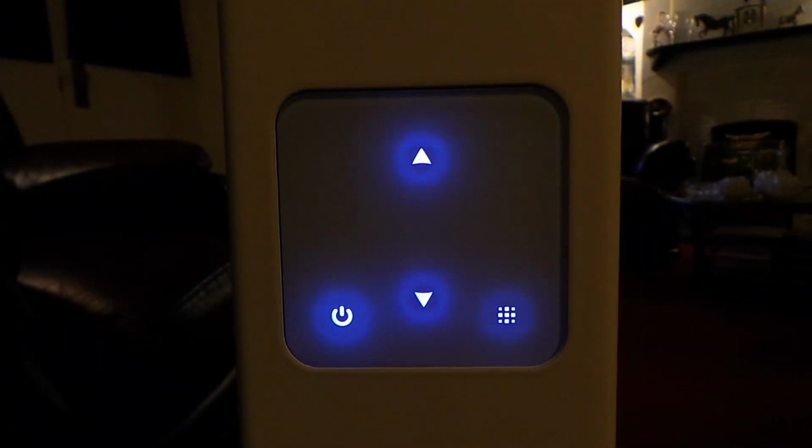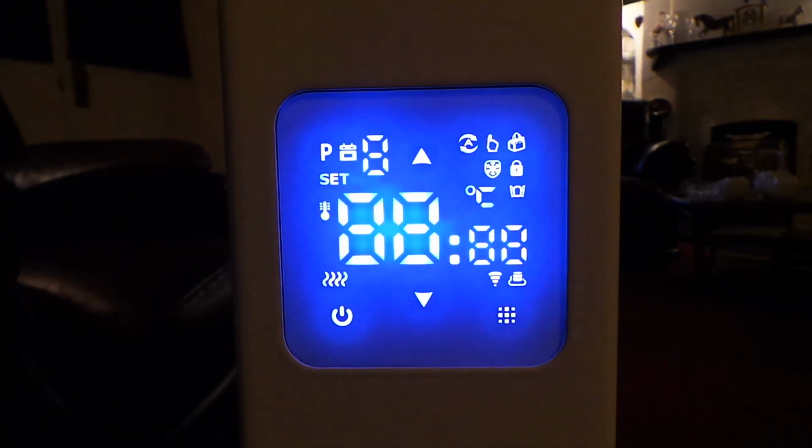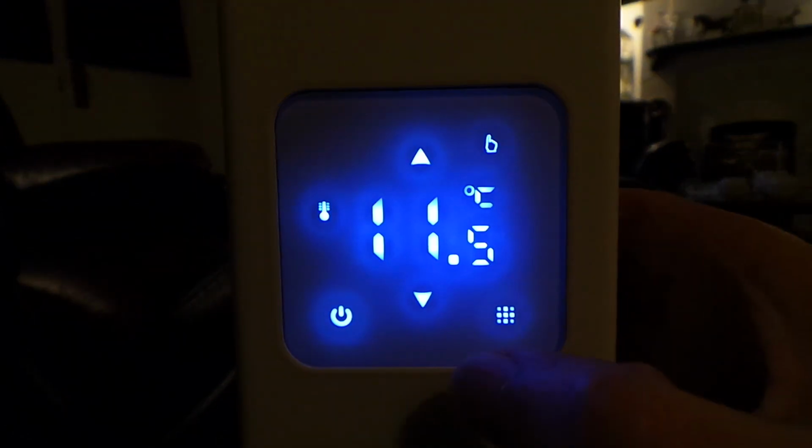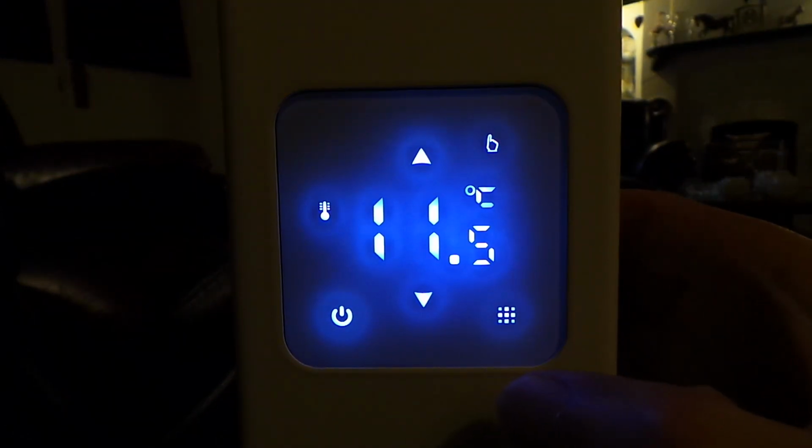And you can see that currently it's in the standby mode. So if I depower the radiator by unplugging it and then plug it back in again, it will come back on in the standby mode. If I go into the active mode